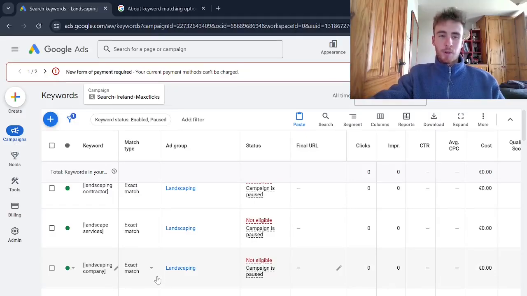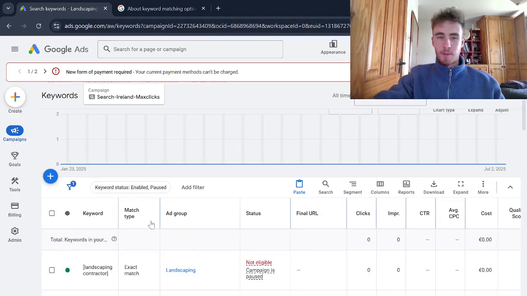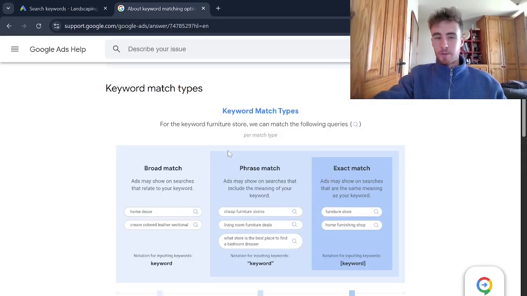In today's video, we're going to walk you through how to approach keyword match types when it comes to setting up a brand new Google Ads campaign, including how each match type actually works and which match type I'd actually recommend using when making a new Google Ads campaign, but also certain scenarios where it makes sense to use different match types as well. And now, just to walk you through exactly how each of the three match types work